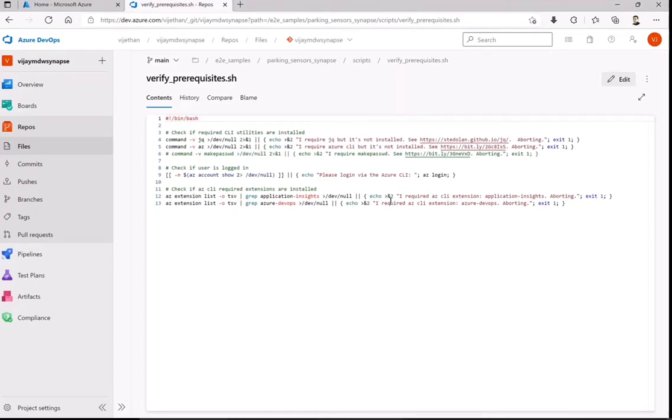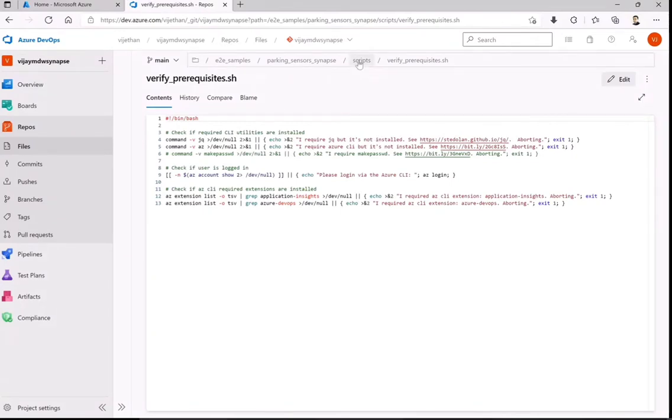Similarly, as we are using Application Insights from the logging perspective, so that we can know what exactly is going wrong with that environment, we also need an Application Insights agent. If that is not installed, it has to be installed, and we are doing that at runtime in the pipeline. I will show you how that is installed, but this is just showing you that if it is not installed, then that particular pipeline will come out with an error saying that this is required before I proceed further.